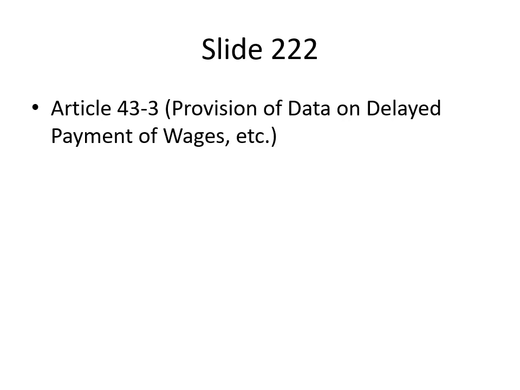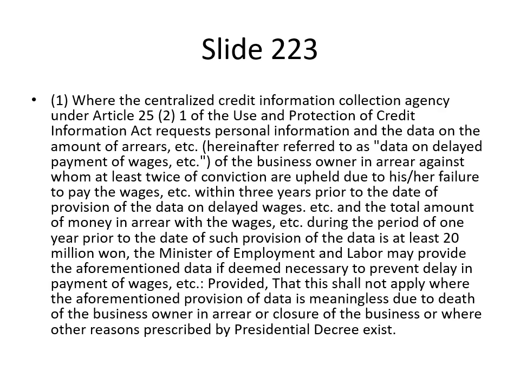Article 43-3. Provision of data on delayed payment of wages, etc. 1. Where the Centralized Credit Information Collection Agency under Article 25(2) of the Use and Protection of Credit Information Act requests personal information and the data on the amount of arrears, etc., hereinafter referred to as data on delayed payment of wages, etc., of the business owner in arrear against whom at least twice of conviction are upheld due to his/her failure to pay the wages, etc. within 3 years prior to the date of provision of the data on delayed wages,